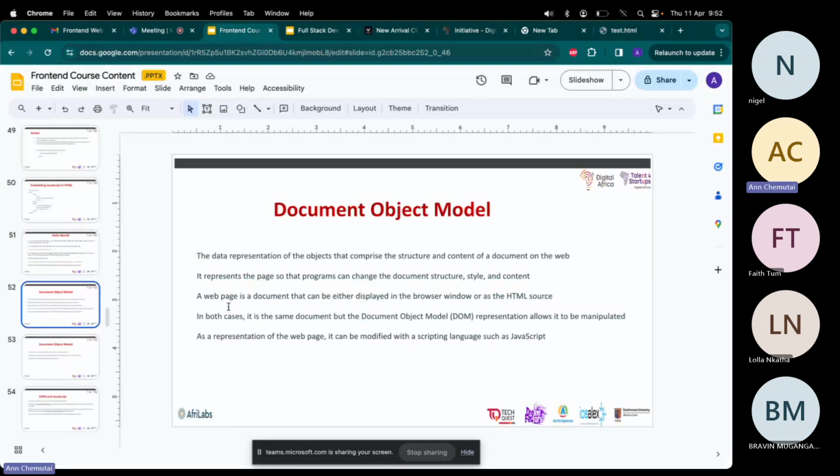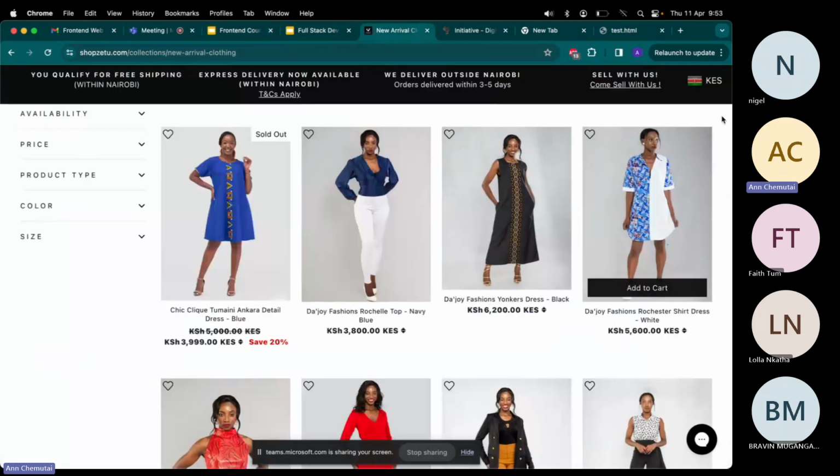The DOM basically represents the page so that programs can change the document structure, the style, and the content. So remember with, for example, with content, when I was trying to explain the cat,